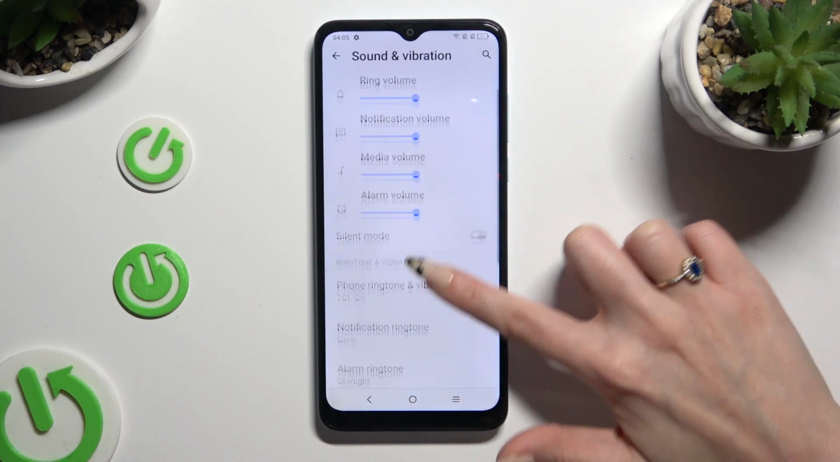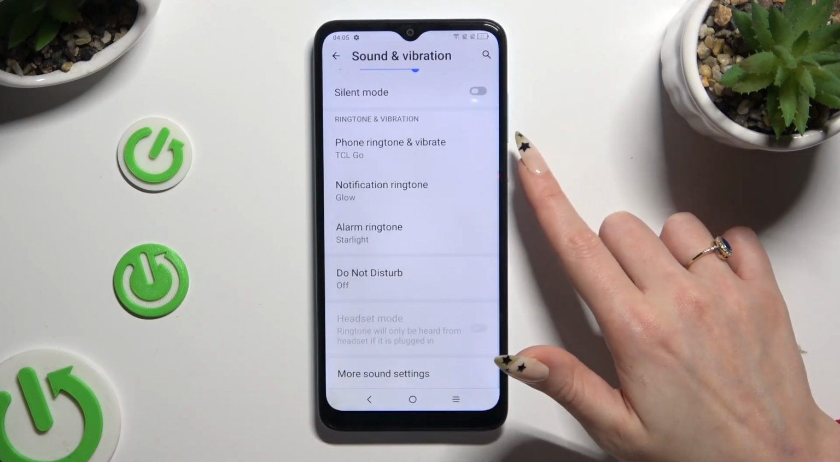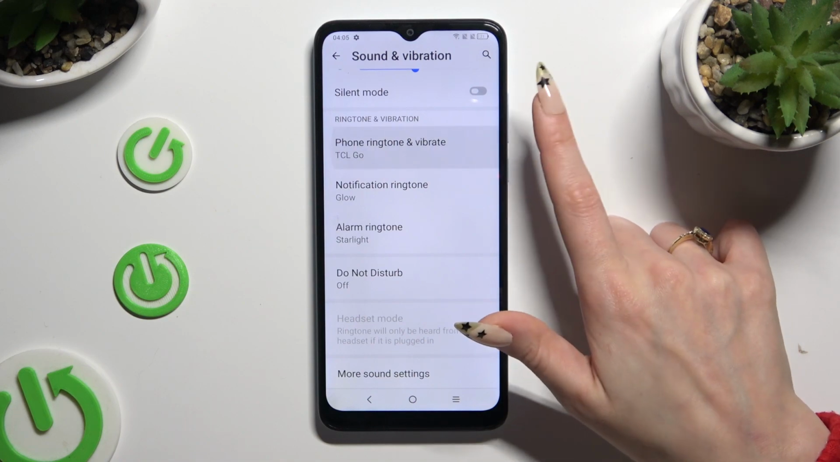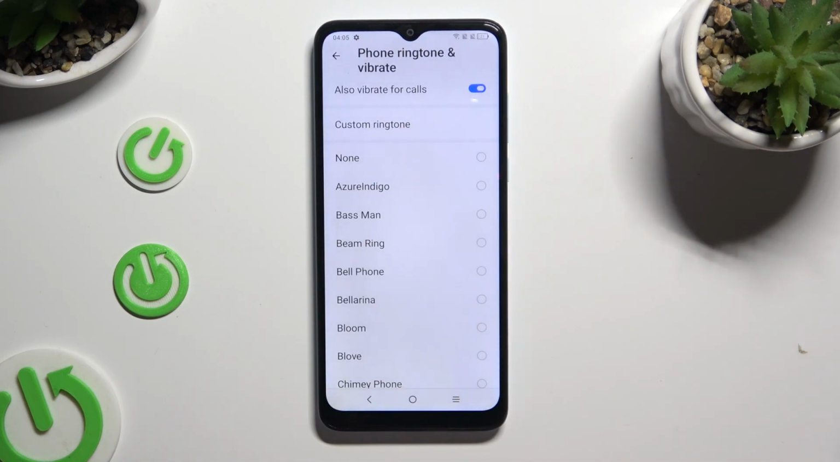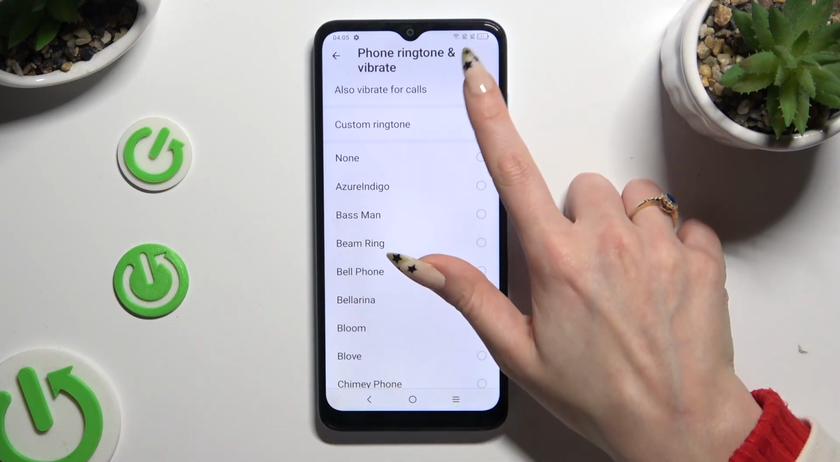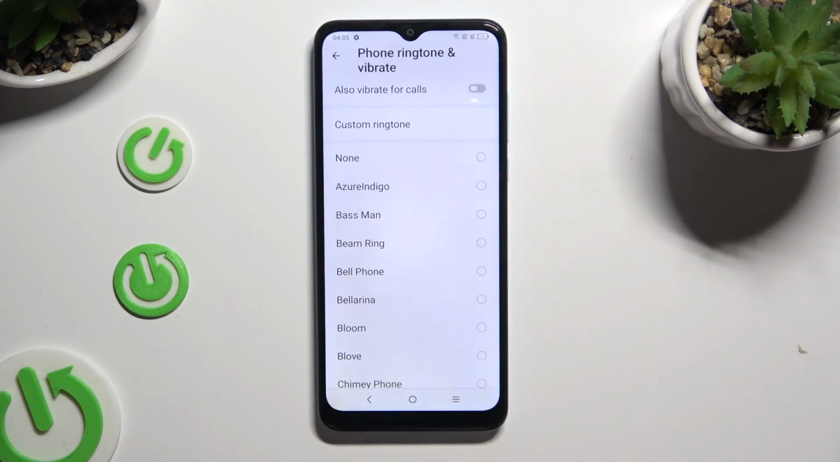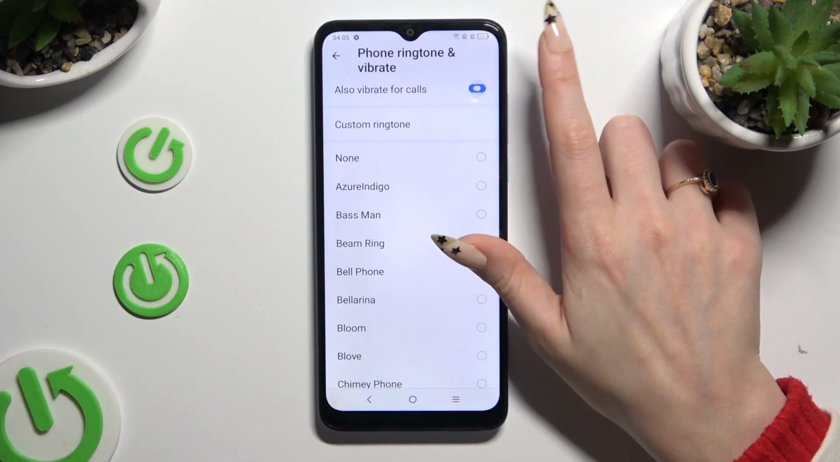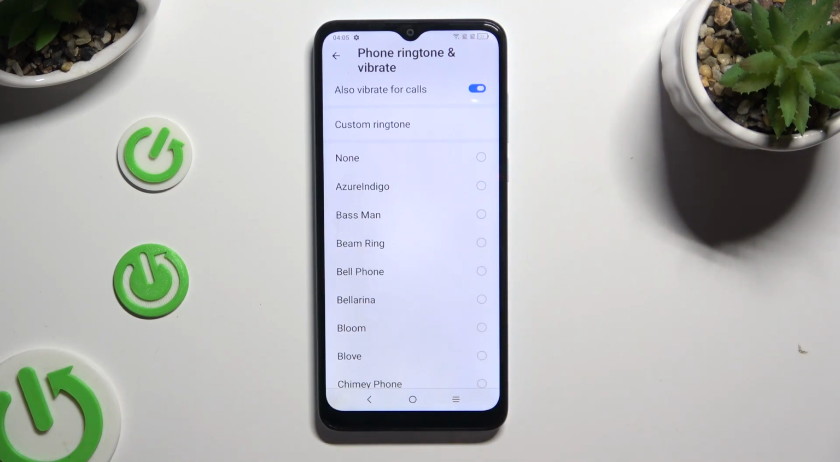Now scroll down just a bit and click on phone ringtone and vibrate. Then tap on blue switch next to also vibrate phone calls to disable haptic feedback for incoming calls, or click on gray switch to enable it. When you finished, go back,